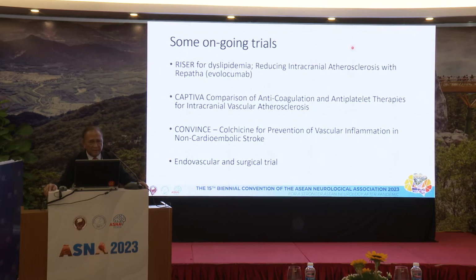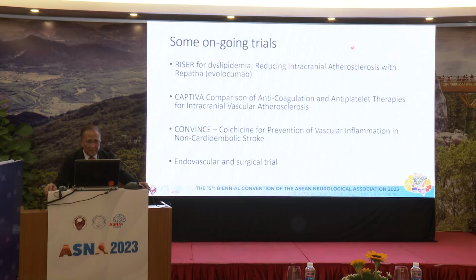And lastly, there are ongoing trials which we should be aware of. We have the RISER for dyslipidemia, reducing intracranial atherosclerosis with Repatha, which is an evolocumab drug, and it is an ongoing trial. And secondly is the CAPTIVA, which is a comparison of anticoagulant and antiplatelet therapies for intracranial vascular atherosclerosis. Reminds you of something? Yes, it's the WASID, right? The anticoagulant versus the